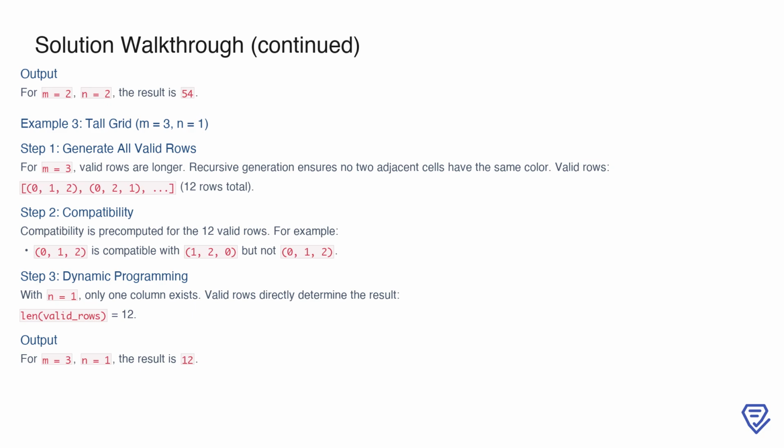Compatibility between rows is also pre-computed. For example, the row 0, 1, 2 is compatible with 1, 2, 0, but not with itself, as adjacent vertical cells must differ in color. Since the grid has only one column, n equals 1, the total number of ways to paint the grid is simply the number of valid rows. Therefore, for m equals 3 and n equals 1, the result is 12. This demonstrates how the approach scales to different grid dimensions, ensuring that we can handle both wider and taller grids